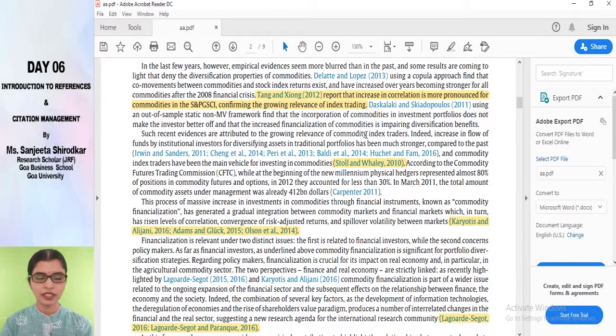Here you would see the name of the author, Tang and Zing 2012, reports that increase in correlation is more pronounced for commodities in S&P GSCI, confirming the growing relevance of index trading. Instead of writing the citation at the end of the paragraph, the sentence itself has started with the name of the author.